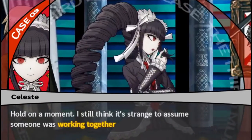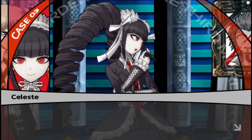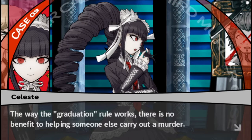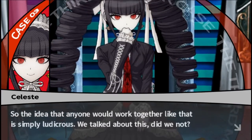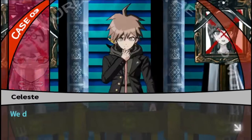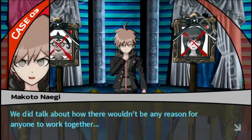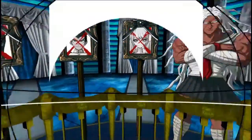Hold on a moment. I still think it's strange to assume someone was working together with him. The way the graduation rule works, there is no benefit to helping someone else carry out a murder. So the idea that anyone would work together like that is simply ludicrous. We talked about this, did we not? We did talk about how there wouldn't be any reason for anyone to work together. At least that's what we thought first, but...